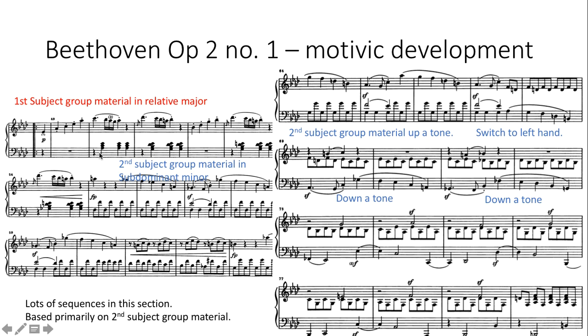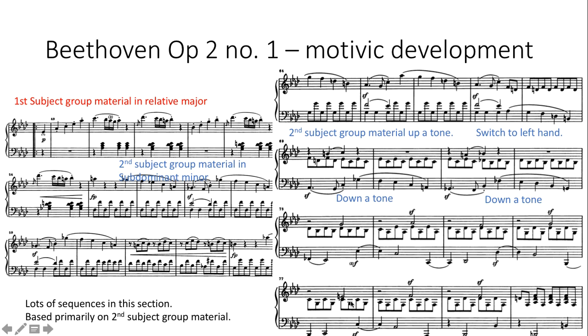So Beethoven focuses principally on that second subject group material. It's repeated in sequence, so we get it 3 times, and then we go up a step in the right hand, and then it switches to the left hand, and we go down a tone and down another tone, and then we get this quite strange syncopated passage,